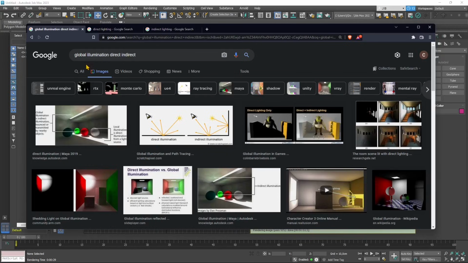Now, if we search for global illumination, direct and indirect, we can get an idea of what is happening here. So before we get into practice, let's talk a little bit about global illumination. Global illumination is a mix between direct illumination and indirect illumination, which consists of light bouncing around. This is why we can set up bounces. The more bounces we have, the more realistic the look will be. If we don't have any bounces, or let's say we have only one bounce, that's going to look less accurate and less complex. So we're going to have less quality, but we're going to go